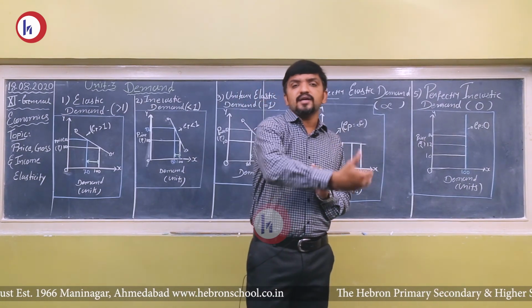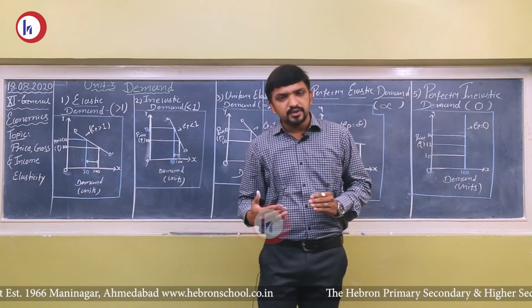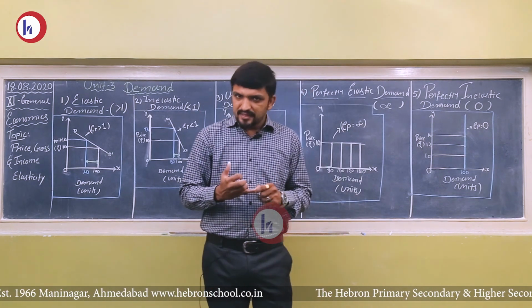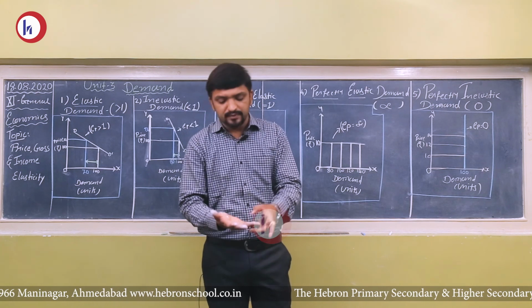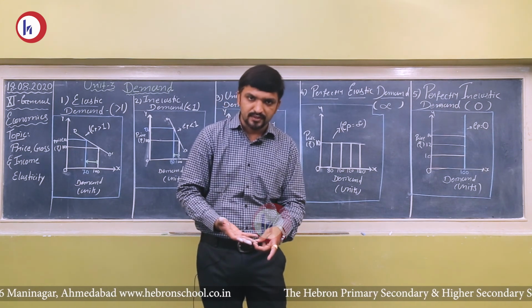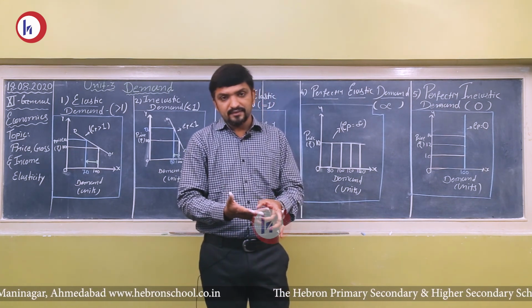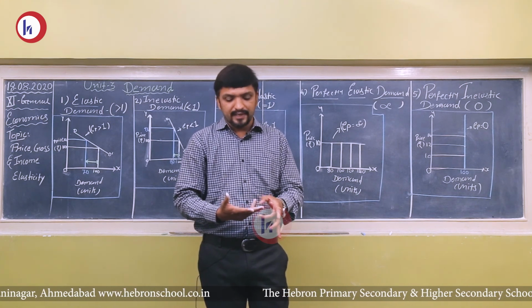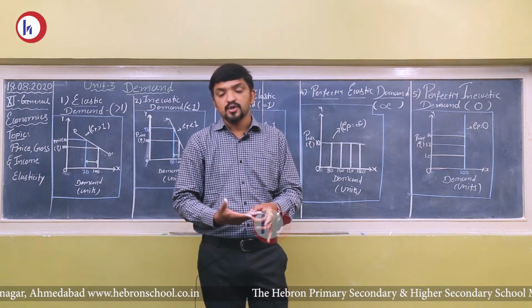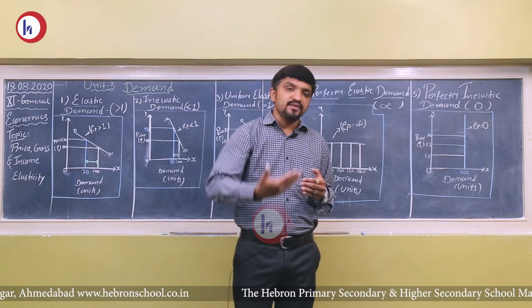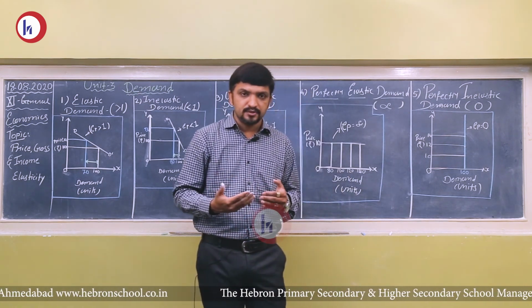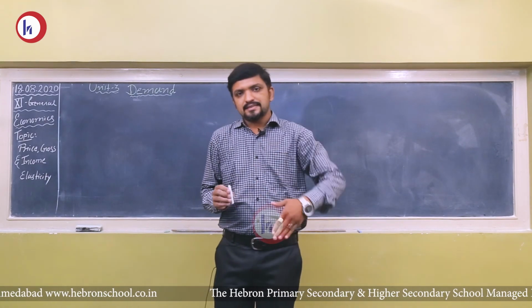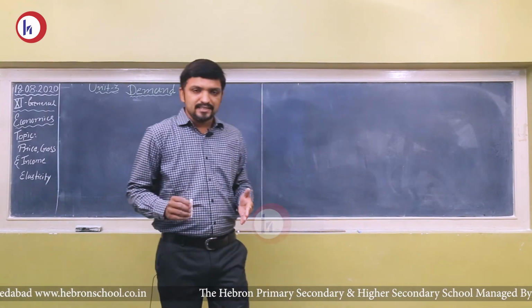Now, further we are going to discuss the definition of income elasticity. In that case, positive income elasticity, negative income elasticity, zero income elasticity. Income elasticity greater than 1, less than 1, equals to 1. Then cross elasticity means 8 more definitions. So in demand elasticity, our second concept is